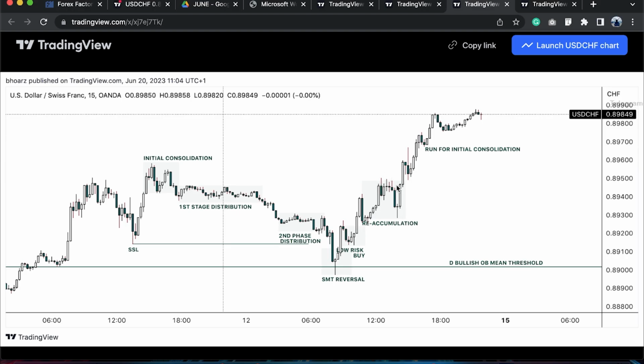Price sees expansion, returns back down into that same old fair value gap, never loses the mean threshold of this bullish order block, and then we see a final expansion from initial consolidation. That's during New York session. So this is a classic London makes the low and New York continues the deliver phase or deliver cycle for